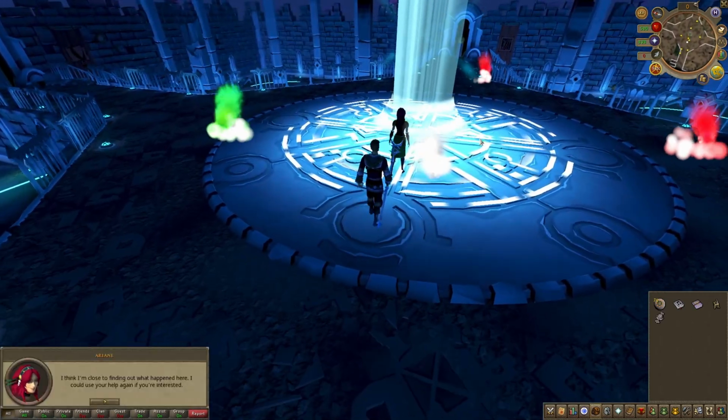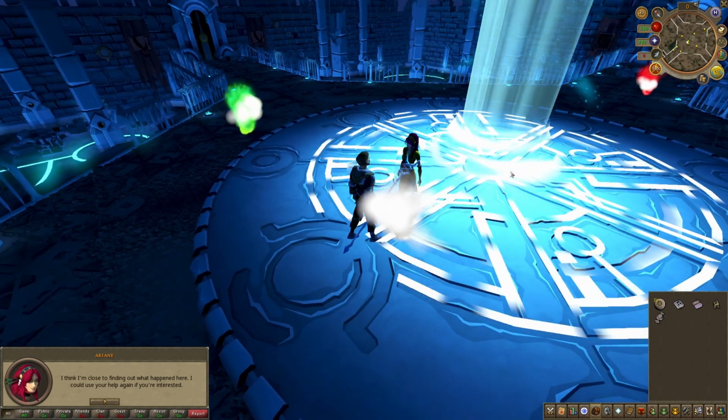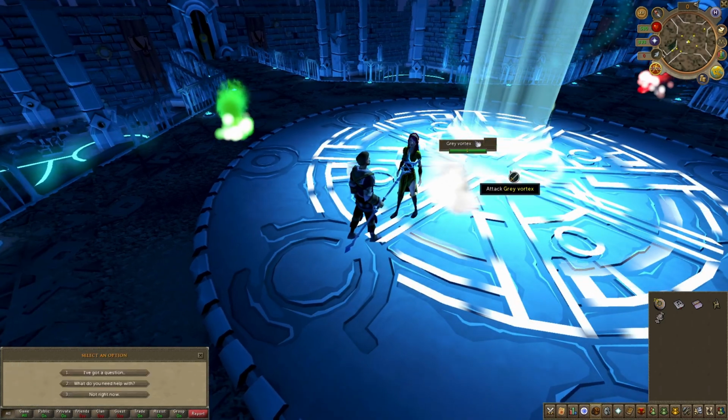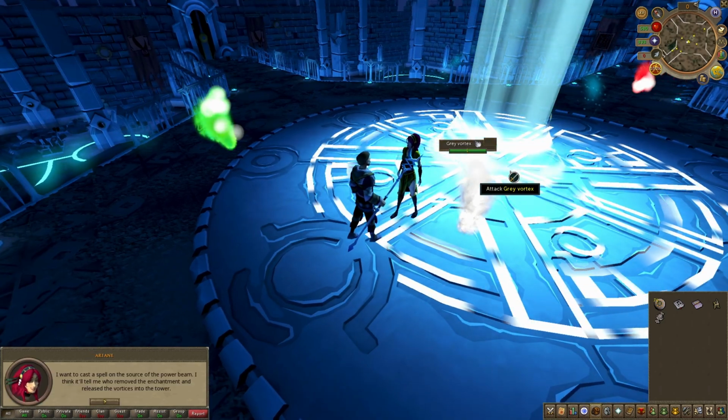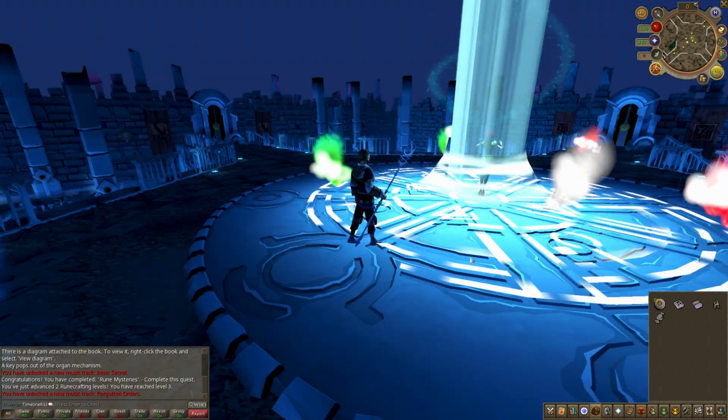Arian needs our help finding out who destroyed the original enchantment, allowing these fragments to go up to the new tower in the first place. We are just here for moral support, or in case something goes wrong. I think it'll tell me who removed the...